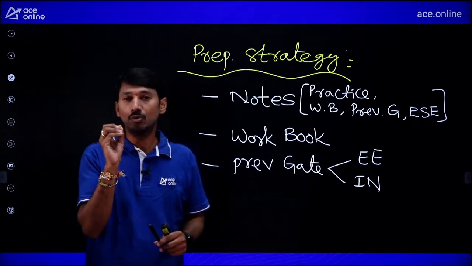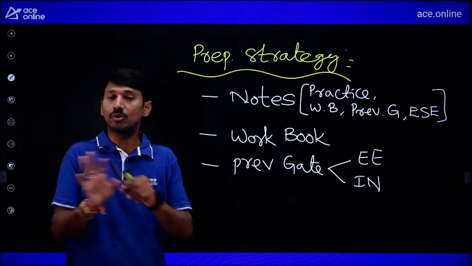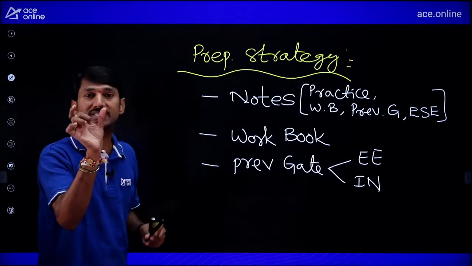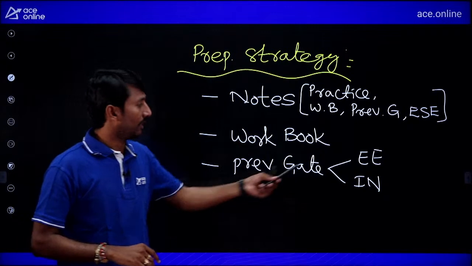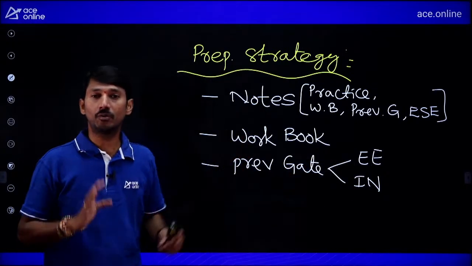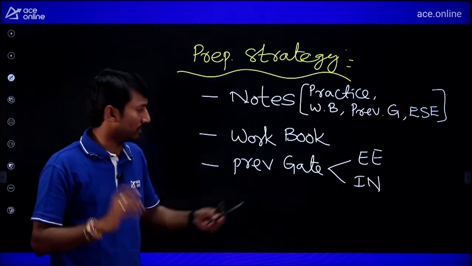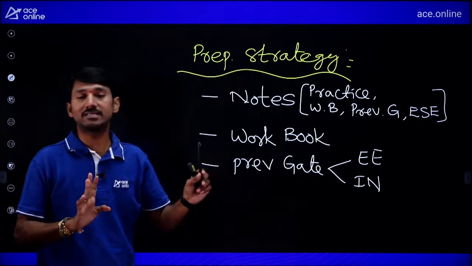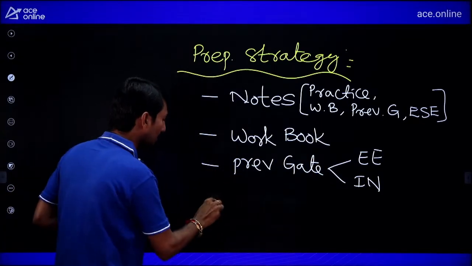Be clear, you may be an electrical student, an instrumentation student or an electronics student. No need to worry. Here the subject is what matters. Measurement subject, in which branches it is there. From the GATE point of view, you need to follow the electrical paper and the instrumentation paper. Though you may be an electrical or instrumentation student, you need to follow both branches' papers so that you can have more practice. And then after this,